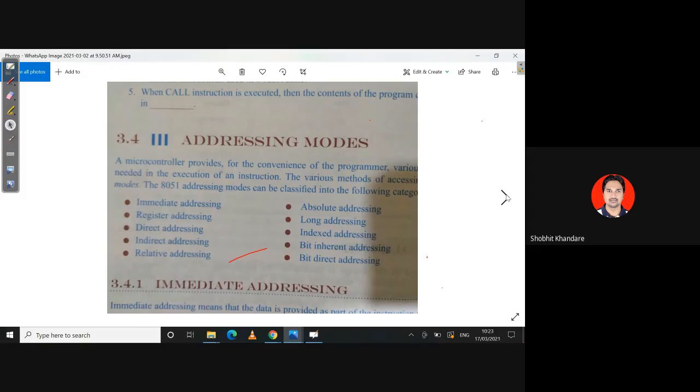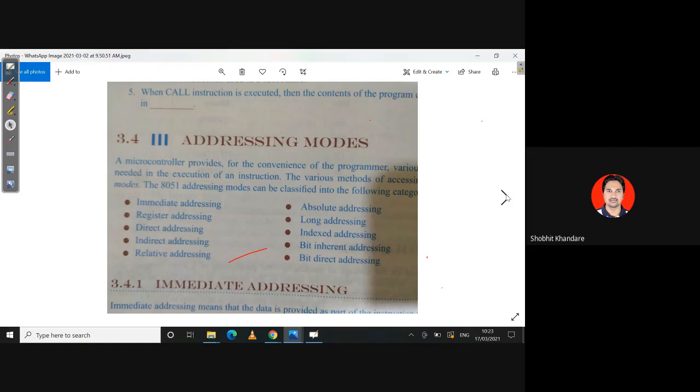Various methods for accessing data needed in the execution of an instruction.